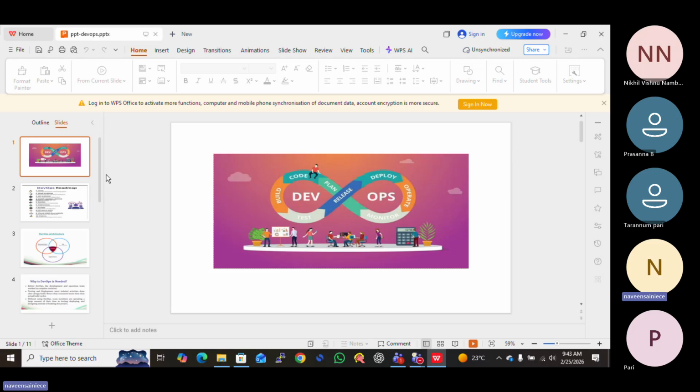DevOps is completely automation. Before automation, you need to understand the manual process of everything: before DevOps, about 10 years ago, how the development and operation teams managed. If you understand the manual process of every tool, you can learn DevOps completely.